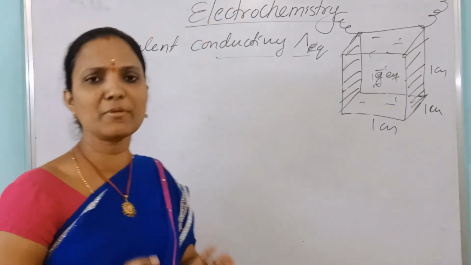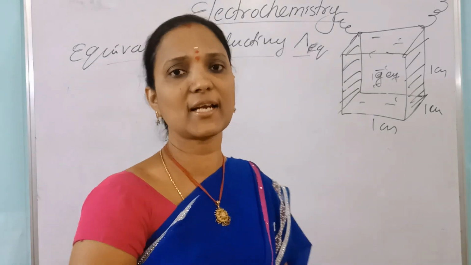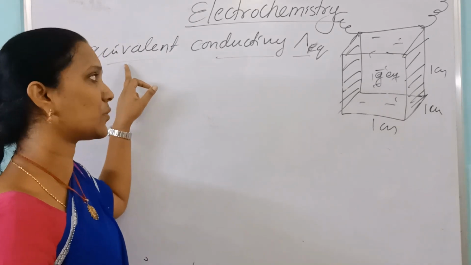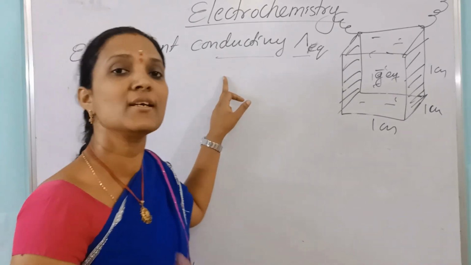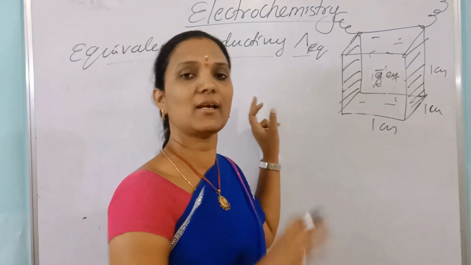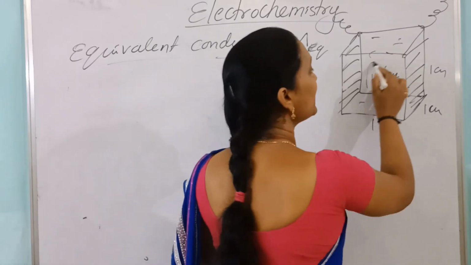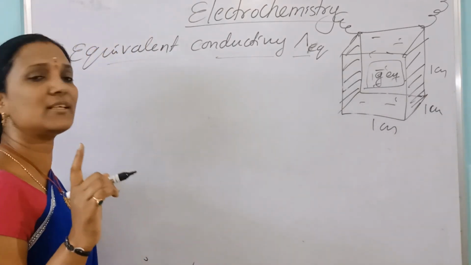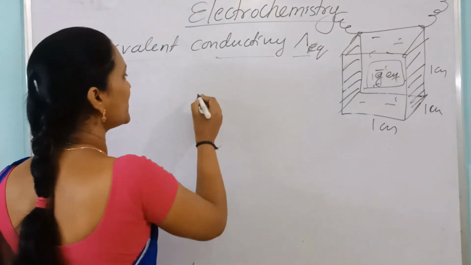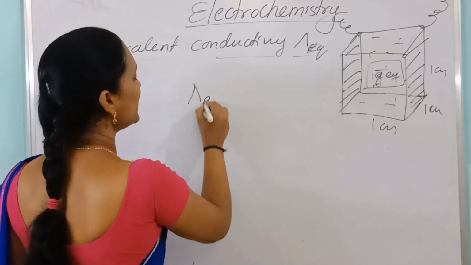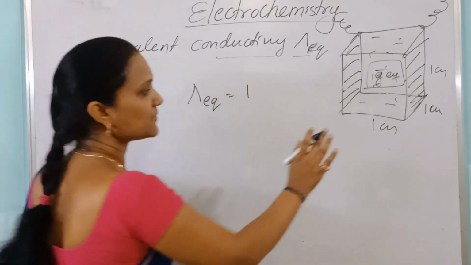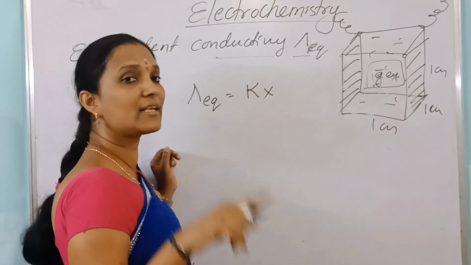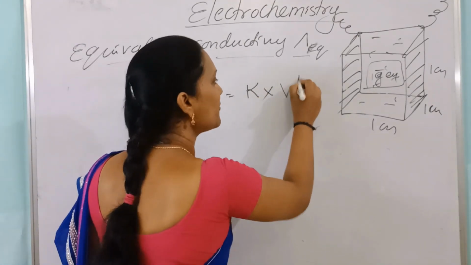Nothing but just 1 gram equivalent of electrolyte is there. What is its conductance? What is this conductivity? Specific conductance. That is the equivalent conductance. So equivalent conductance means the conducting power produced by all the ions when 1 gram equivalent of electrolyte is used in that solution. 1 gram equivalent in solution means there is a volume of dilution. Specific conductance means just 1 cc is used. Then 1 gram equivalent is present, nothing but there is a volume of dilution.